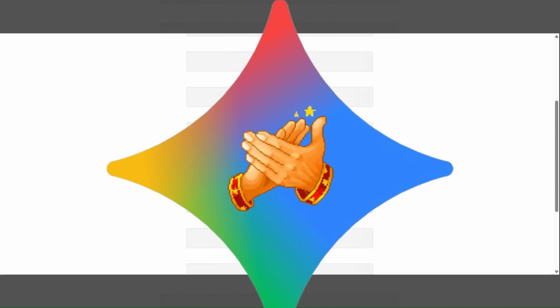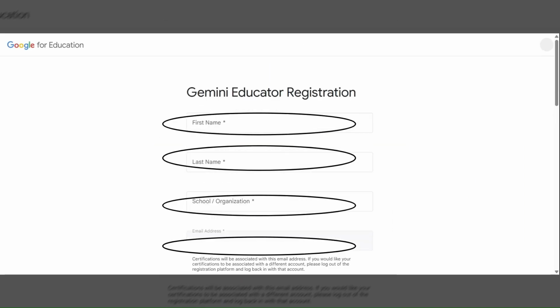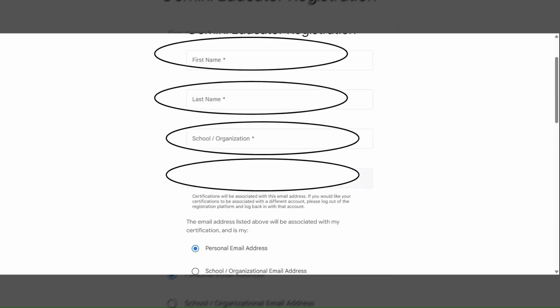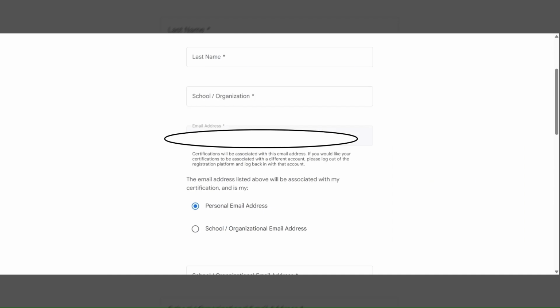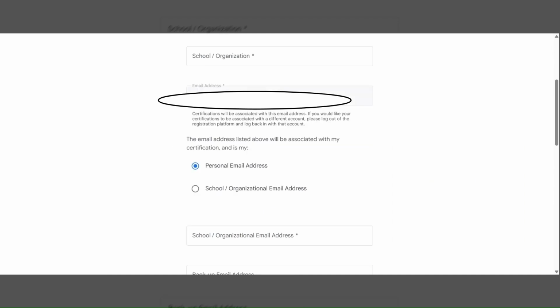Once you click register, you will have to fill the first name, the last name, the school, the organization, and your email address. And it is a good practice to have your personal email address, because once you clear your examination, your certificate will be sent to your personal email address, and that will be with you throughout if you have your personal email address.